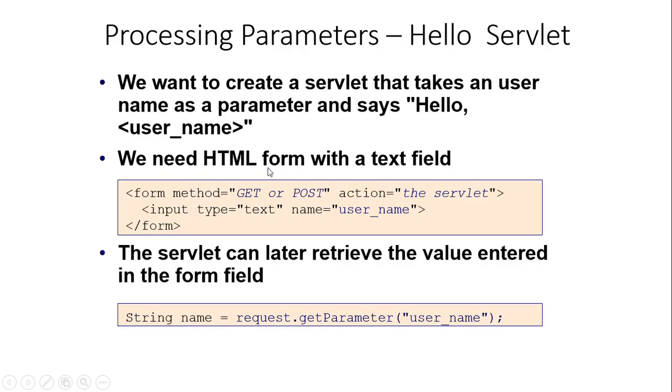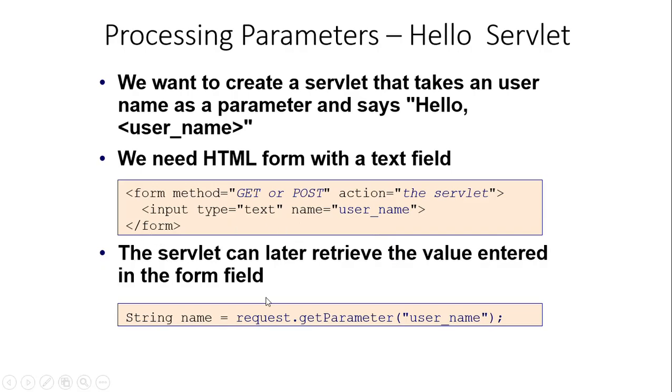We need an HTML form with a text field. What is the form method? It can be GET or POST, which calls the servlet, because we are going to create one servlet. The input type is text, because we are going to take the input as text. Anyone can name it in the form of text or numerical name. So it will take input type text and the name username, meaning whenever the user puts in their username, only then will they get the reply as hello. Then you close the form.